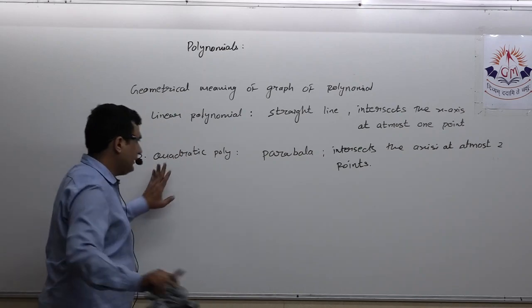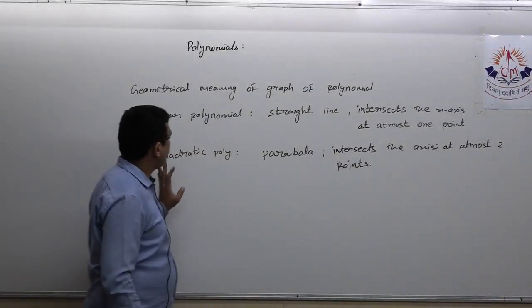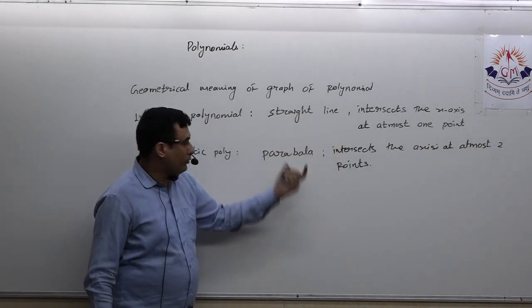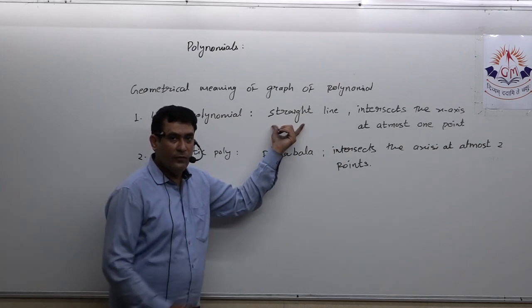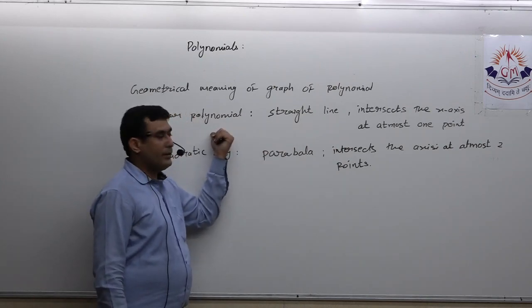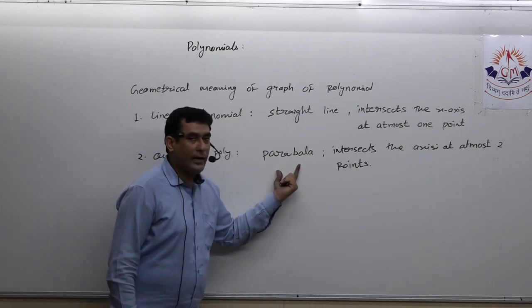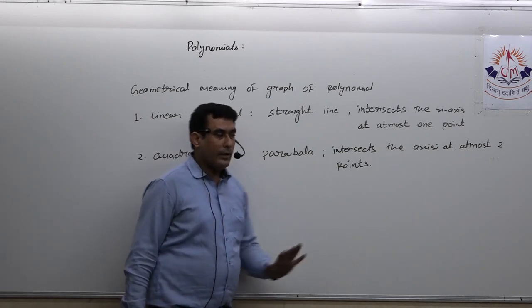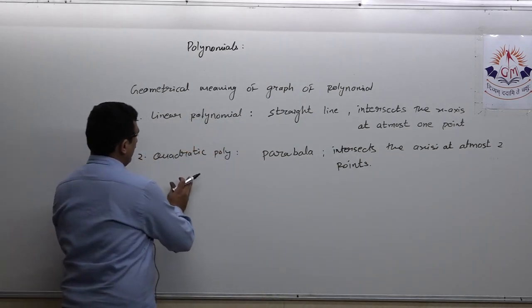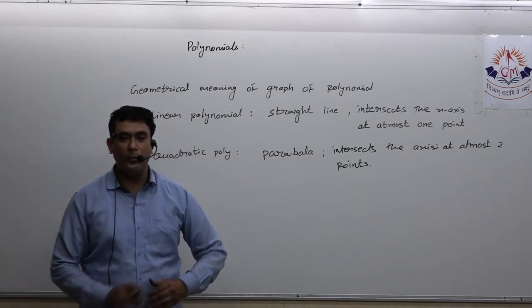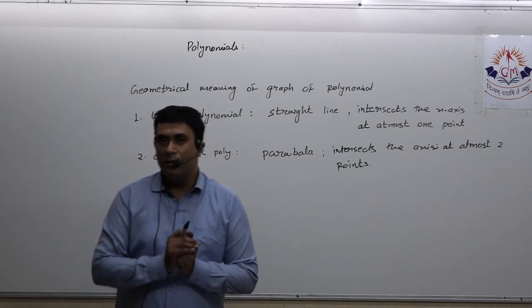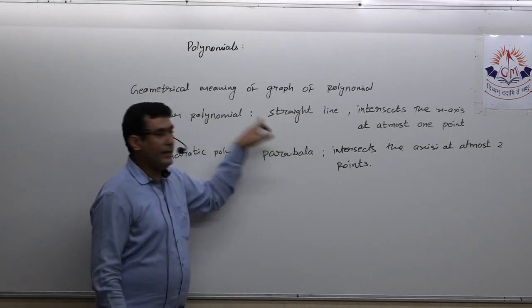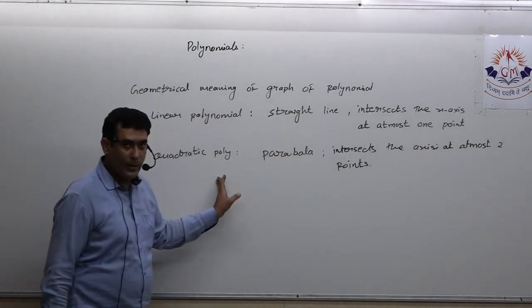Okay, so these two things you have to basically understand. For a linear polynomial, the graph is a straight line. The vice versa is also true. That means suppose I gave you a graph which is a straight line, definitely it represents a linear polynomial. If I gave you a parabola, then definitely it represents a quadratic polynomial. Other than that, for a cubic polynomial or a biquadratic polynomial, there isn't any fixed type of shape of the graph. So you have to remember two: for a straight line, linear polynomial; for quadratic, it's a parabola.